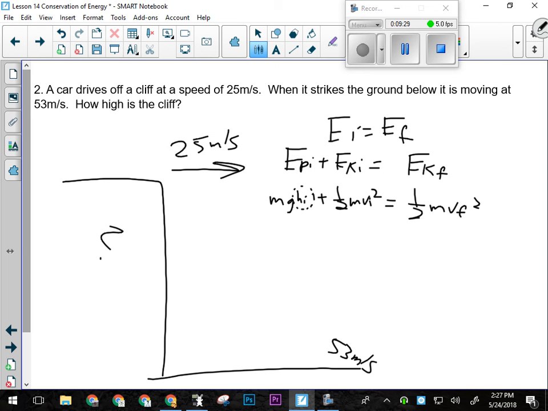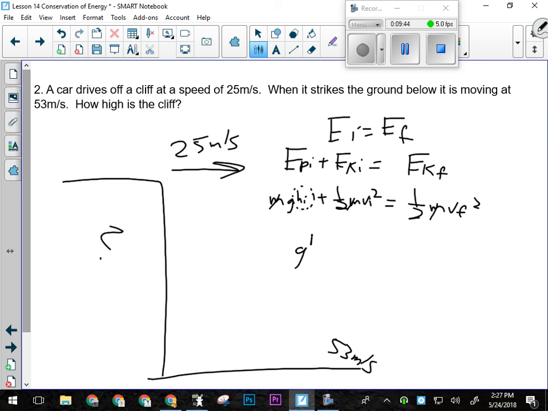Okay, before I can solve for H, what do I have to do with this? I have to subtract it over the other side. All right, so what else can I do? Can I get rid of the M's? Yes. So let's get rid of the M's and subtract our 1/2 VI squared over to the